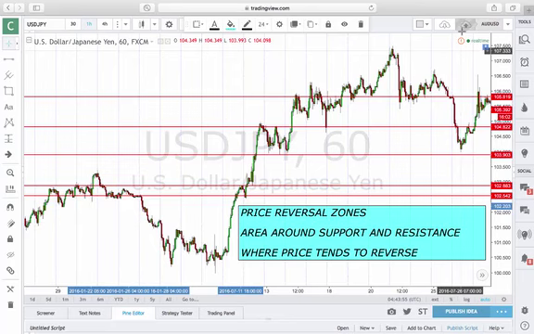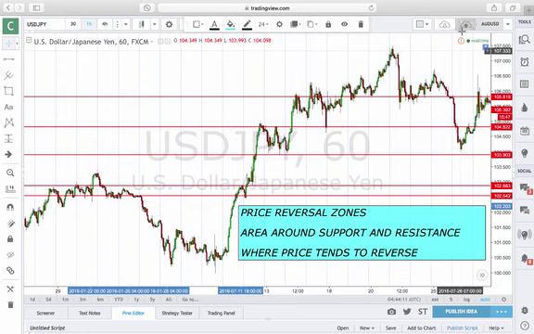Welcome to IML Academy. What I want to be going over today is price reversal zones. For me, what I found was areas within the market where price pretty much reversed, based off